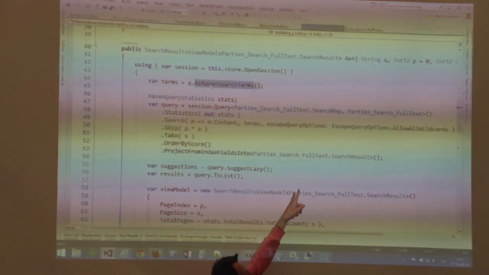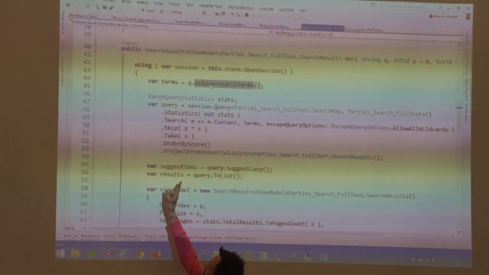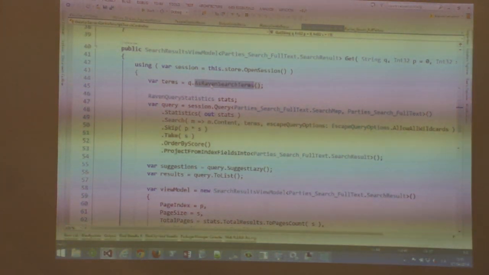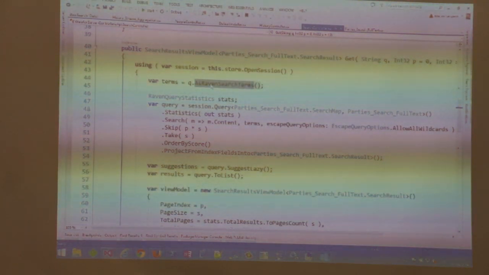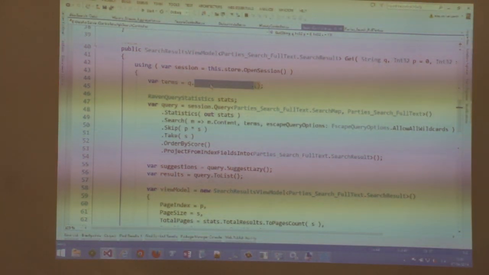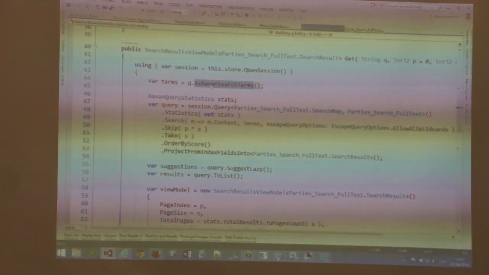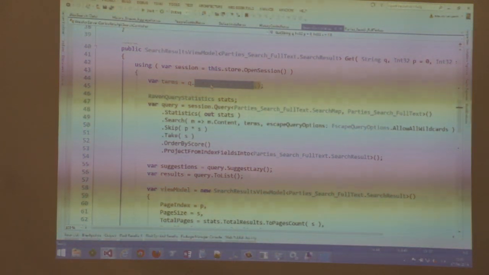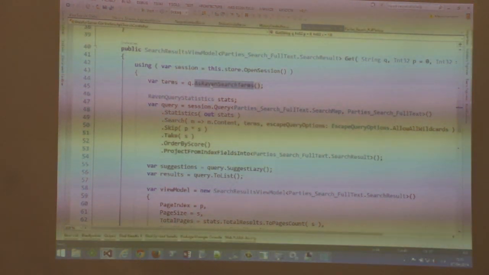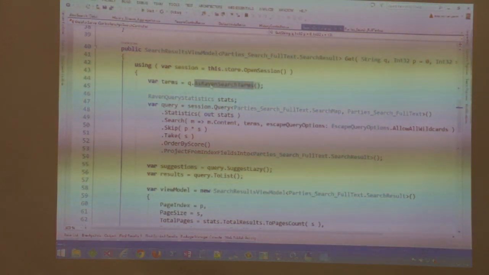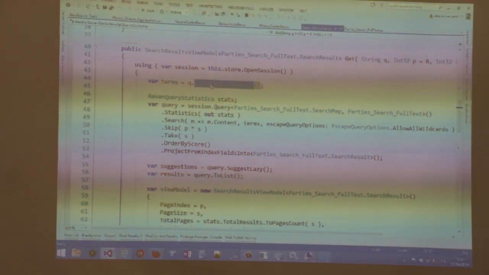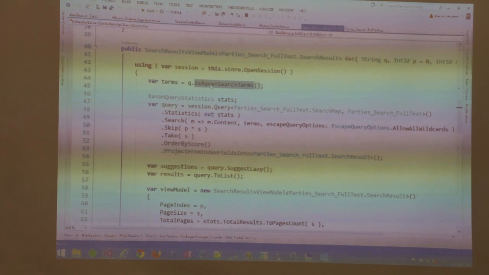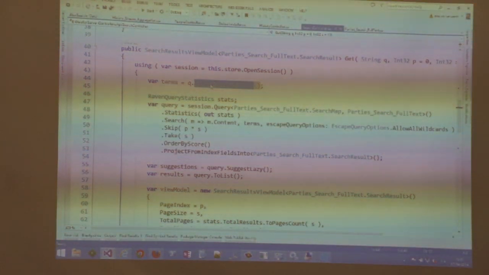Project from index fields into this class. Because without the last line, what happens is that RavenDB does the search and then tries to return documents and not projected documents. So we'll end up in the application code with an enumerable of something that cannot be deserialized, because we do not have an inheritance tree that lets us say, OK, I want to have back